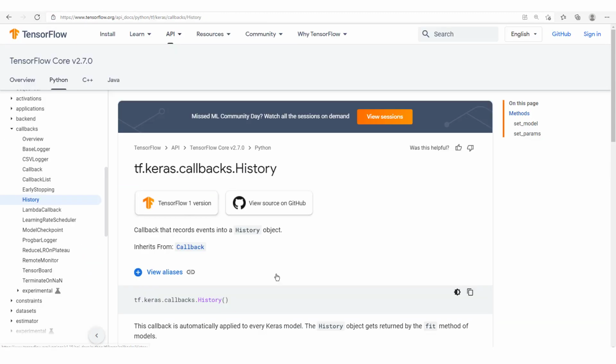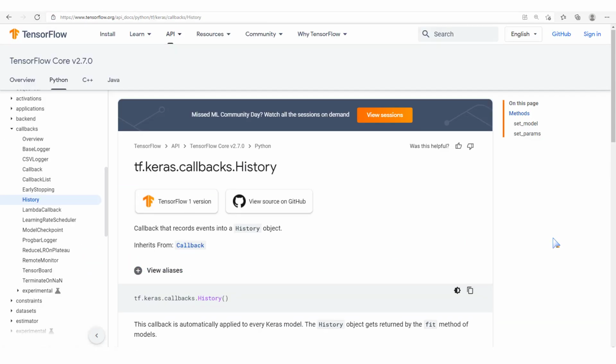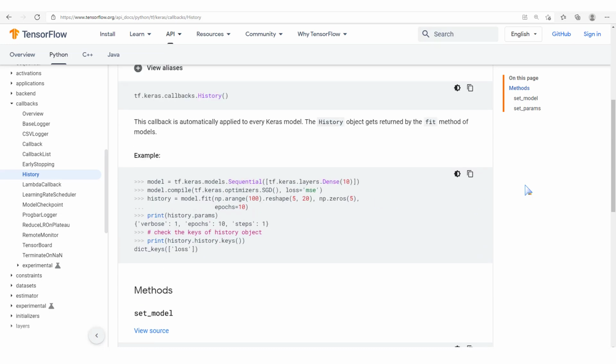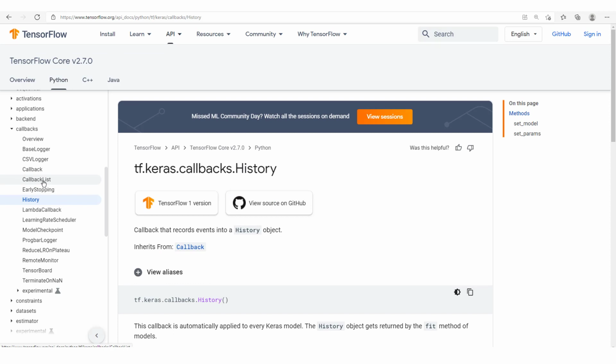So that said, as you could see in this example, which is kind of similar to what we've been seeing so far, we have this history and it collects all values we've been storing during training, and then we could print out history.params, we get the params, and then we could also get the keys. So that's how this works. We've seen this already, and then we could look at this callback